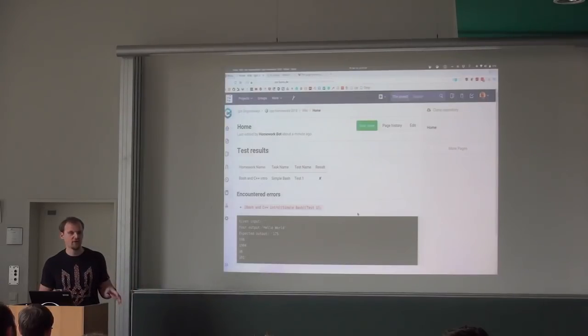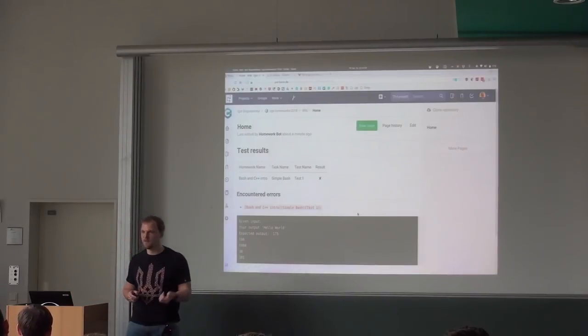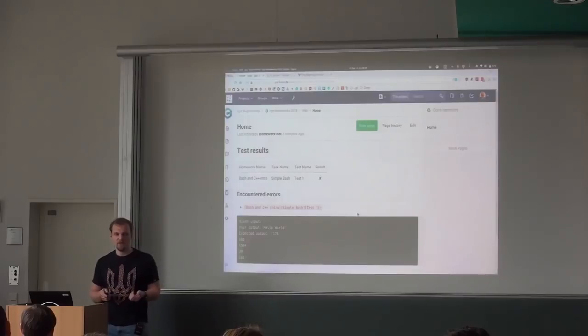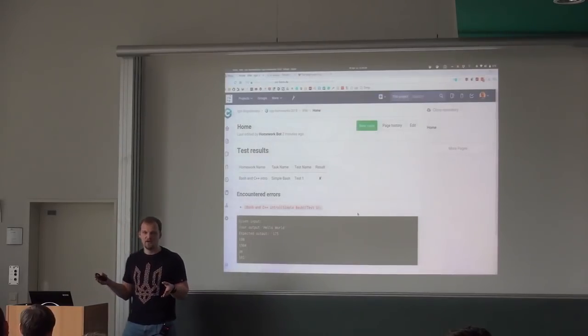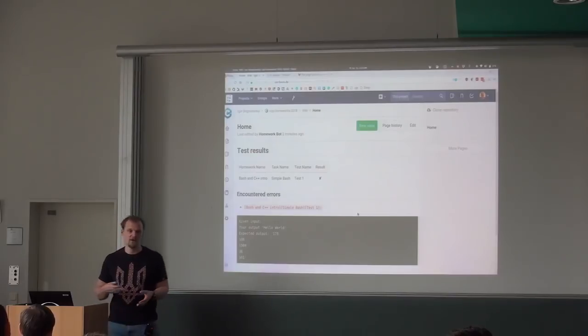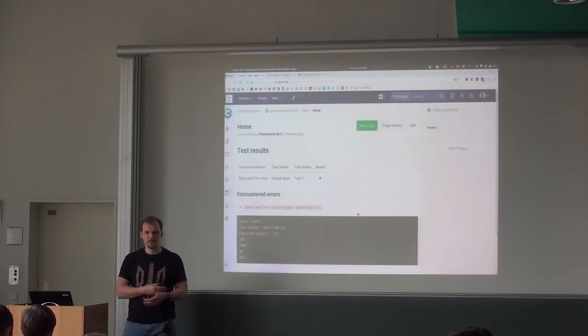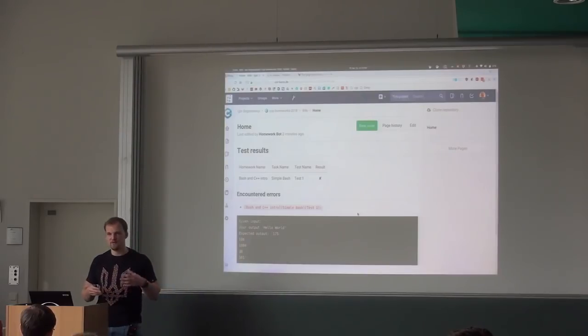I will put all the things today on eCampus, also the virtual machines and how to use them and so on. And the homework sheet will also be there on eCampus, and we're going to have homeworks for 1 week. So the submission deadline would be next Wednesday. And submission means you just upload your code to the server. That's it. You don't have to provide me any paper. You don't have to do anything. You just upload it to the server. It's all logged. I will see all the times when you do it and so on.